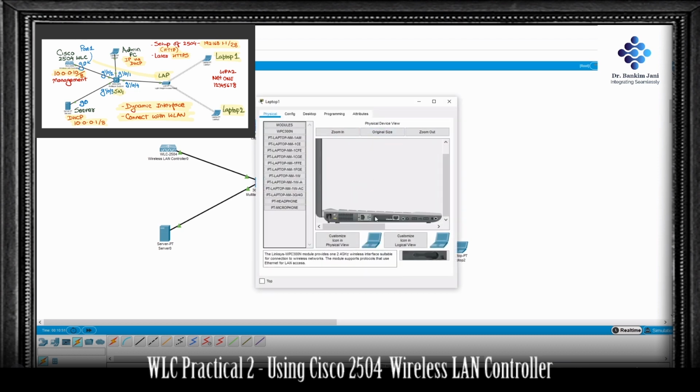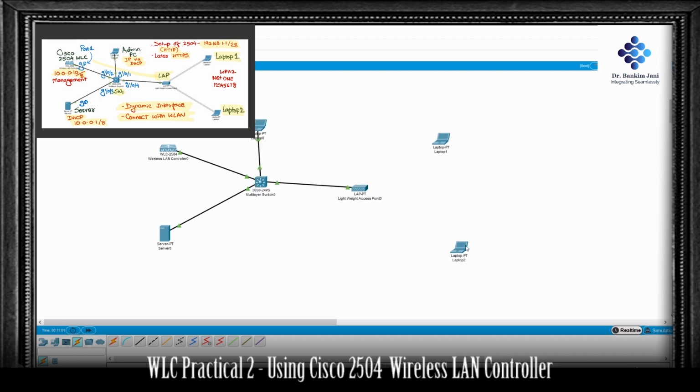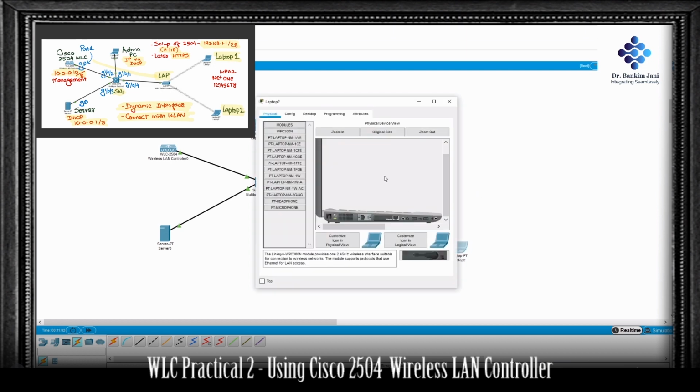So we quickly go to this laptop, turn it off, remove this ether card and then connect WPC300N, that's the wireless card, turn it on. Second laptop, switch off, remove the ether card, put the wireless card, switch it on,